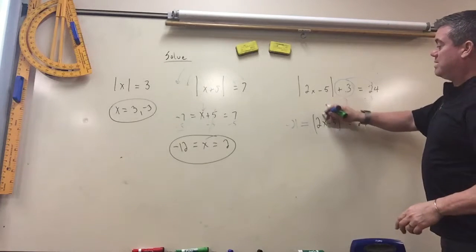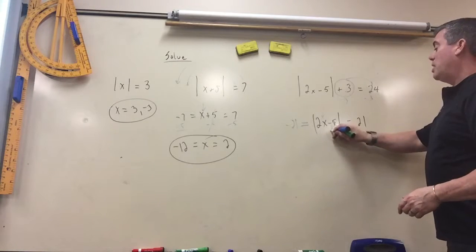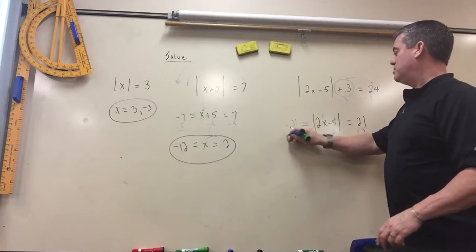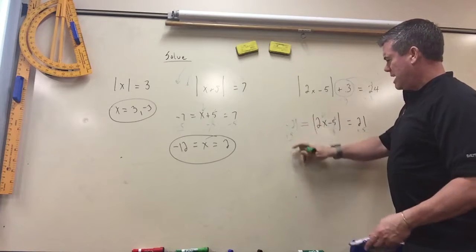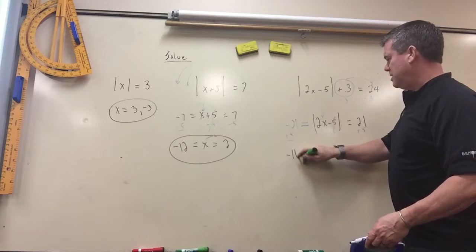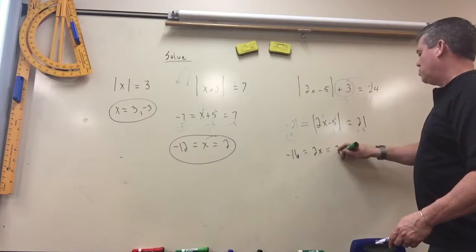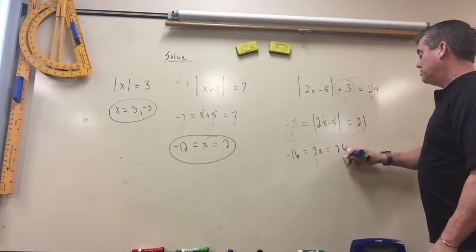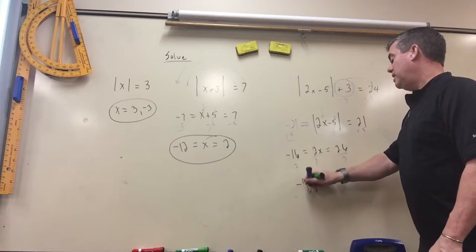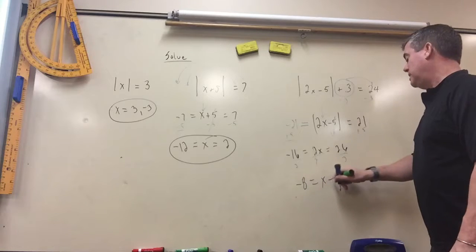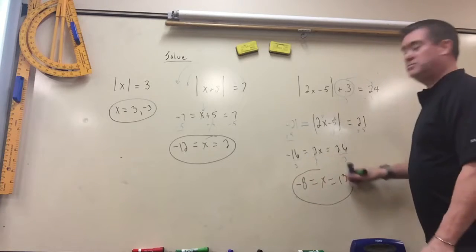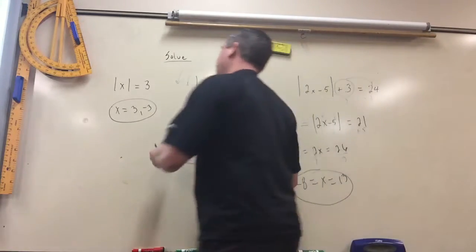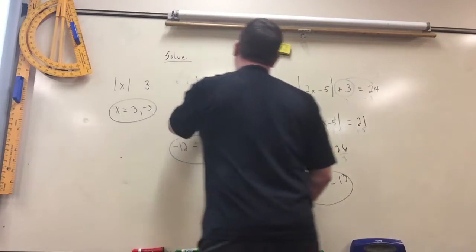And you get the x by itself. So I have to get rid of the minus 5 by adding 5 to all the sides. So that is negative 16 less than 2x less than 26. Then divide by 2. And you get negative 8 less than x less than 13. Okay? Now, if these were all inequalities,